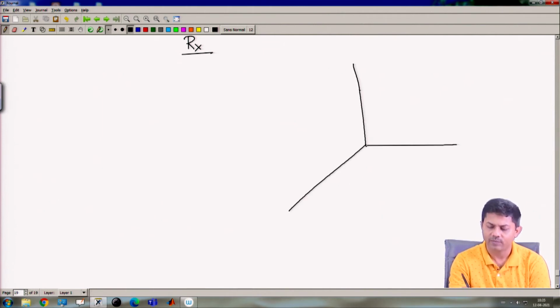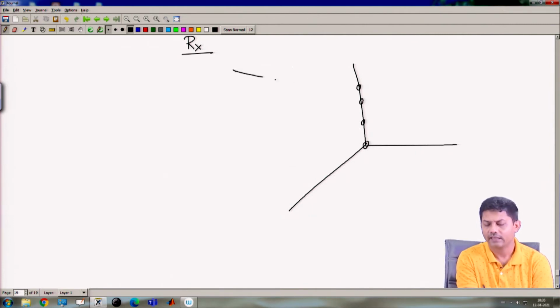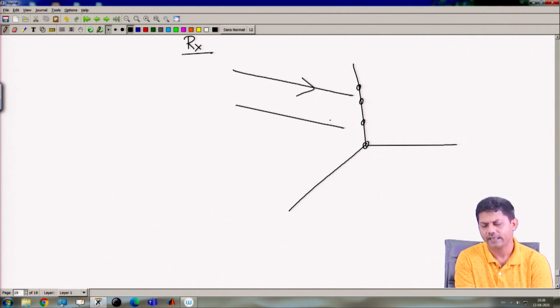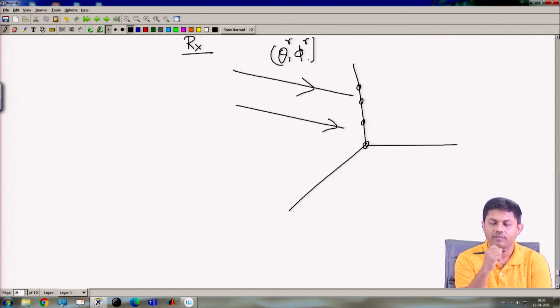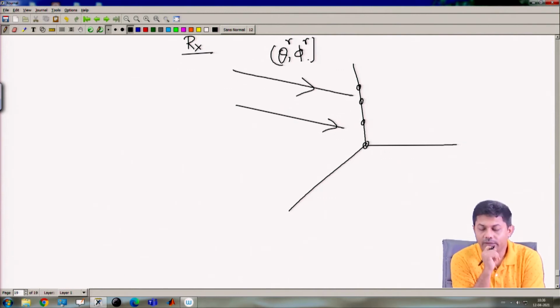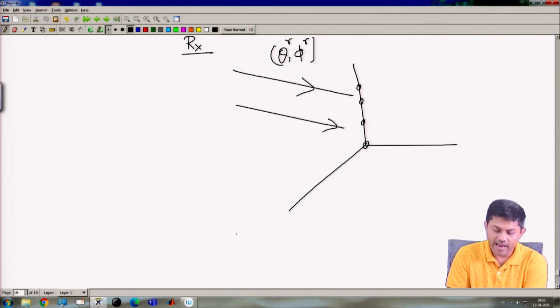this is my RX side, suppose I have my RX antennas like that, and the rays can come from any direction, but I am considering this because it is an RX, right. So, here angle of arrival is what matters to me. So, let us say my angle of arrival is theta phi. This is the direction from which my angle of arrival is coming. Okay. How do I create the AR or the array manifold vector at the receiver side?